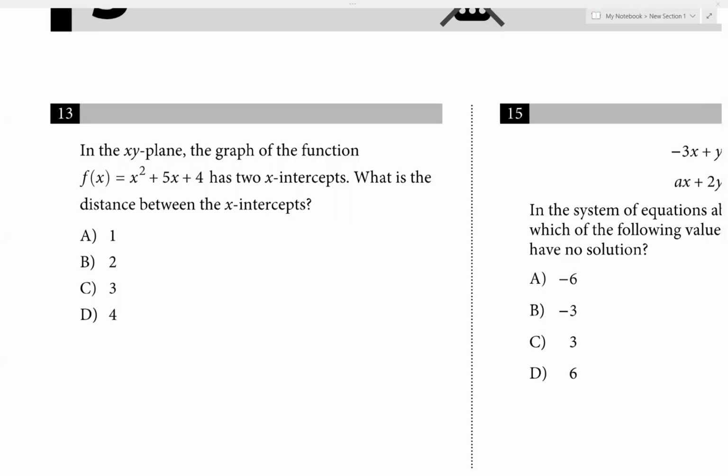Okay, number 13. In the xy plane, the graph of the function f of x equals x squared plus 5x plus 4 has two x-intercepts. What is the distance between the x-intercepts? Okay, so the x-intercept,